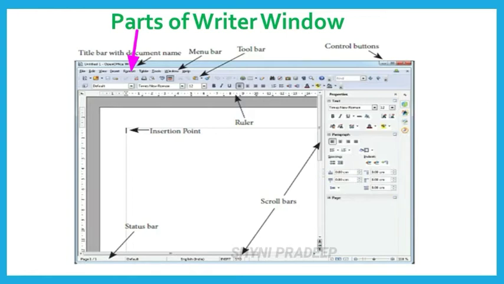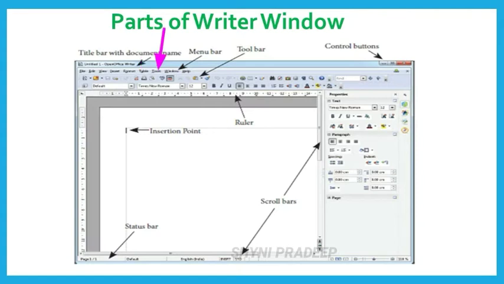The format menu contains the options of various text and page formatting features like page size, layout, font characteristics, bullets and numbering, etc. And next, see about table menu. Table menu contains various tools to manage and manipulate tables such as to create a table, insert rows, insert columns, split cells, merge cells, etc.